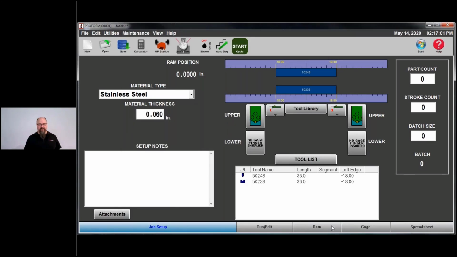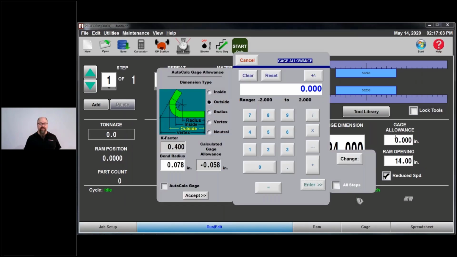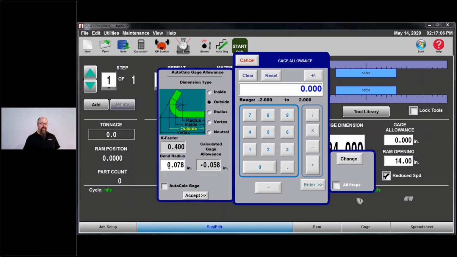Now you will see back here on the gauge allowance, I have a 78 thou bend radius and I have a 58 thou gauge allowance. So I expect that piece of 16 gauge steel to stretch slightly less than material thickness. So again, I'm going to say the 3-inch flange, before the bend, the gauge is going to set at